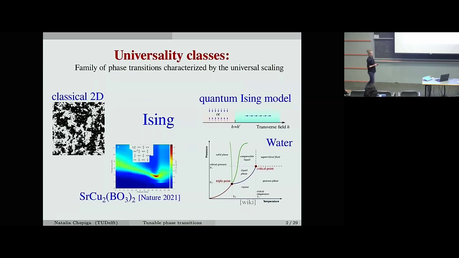We do have a very well studied, very well explored conformal field theory in 2+0D, and we do have the notion of universality classes that basically tells us we should not care at all about microscopic details of the system. We look at the symmetry of the ordered phase and we know what's going on. And of course, a textbook example for these universality classes could be an Ising transition, right? Either a classical statistical model, or quantum 1D chains, or a realization in real materials, or even the critical